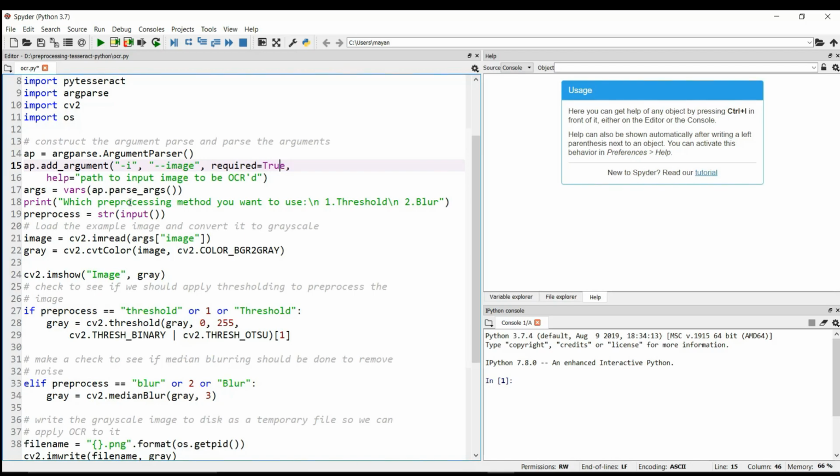Now guys, as I mentioned earlier, we are going to use two basic pre-processing methods. First one is thresholding, next one is blur. So guys, it is up to the user. We are going to ask the user for an input. The user will enter either thresh, blur, or the user can enter both threshold and blur. So we are going to ask the user, which one will you prefer? Will it be threshold or will it be blur? Here we are taking input from the user and we are storing it in the preprocess variable.